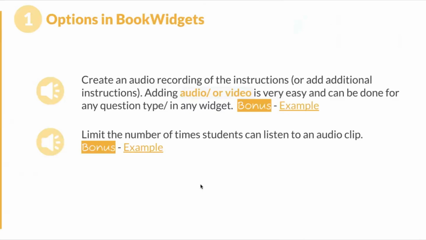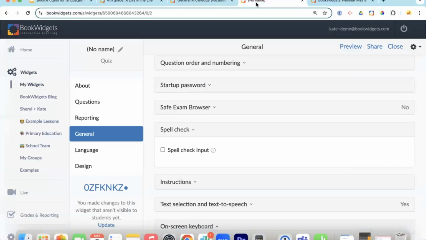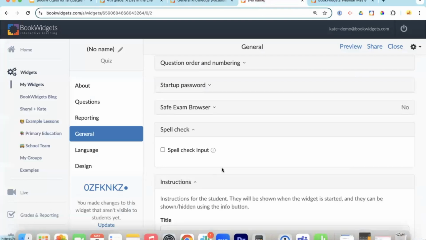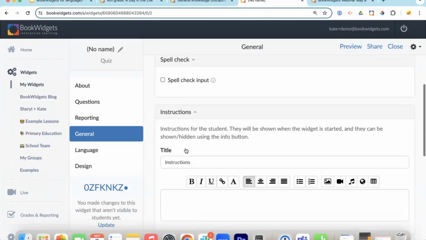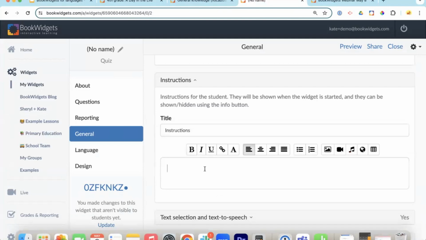Let's go pop into a widget and show you that. So in instructions, so again, instructions are going to be in any widget. They're going to be in the general tab. Scroll down, here's instructions. And then within the instructions, you can type in,